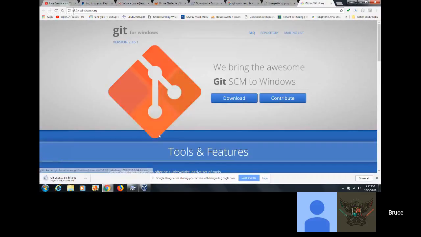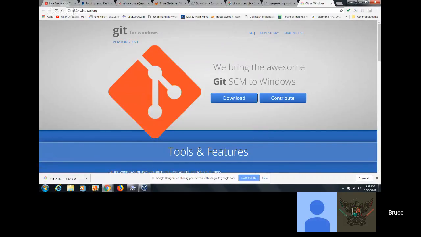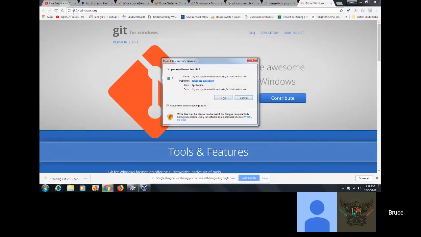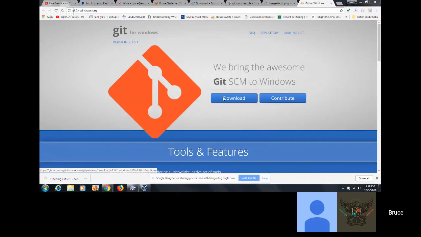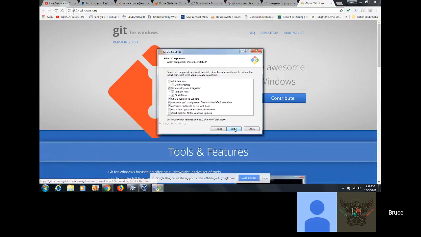Okay, so there's another program you have to download. During the installation, it says recommended Git for Windows. Click on that link, then click on the download, and then install the program. So download the second program? Yeah. Git for Windows? Yeah.